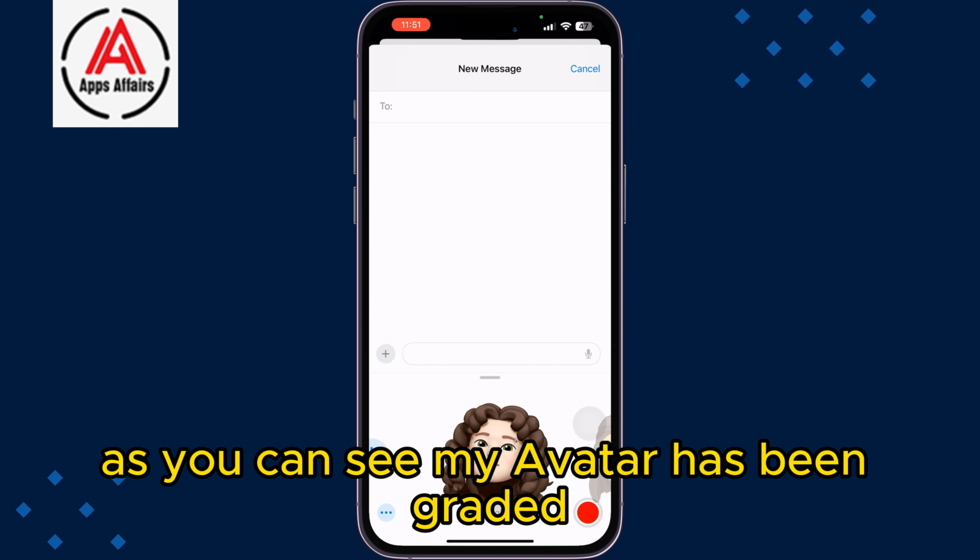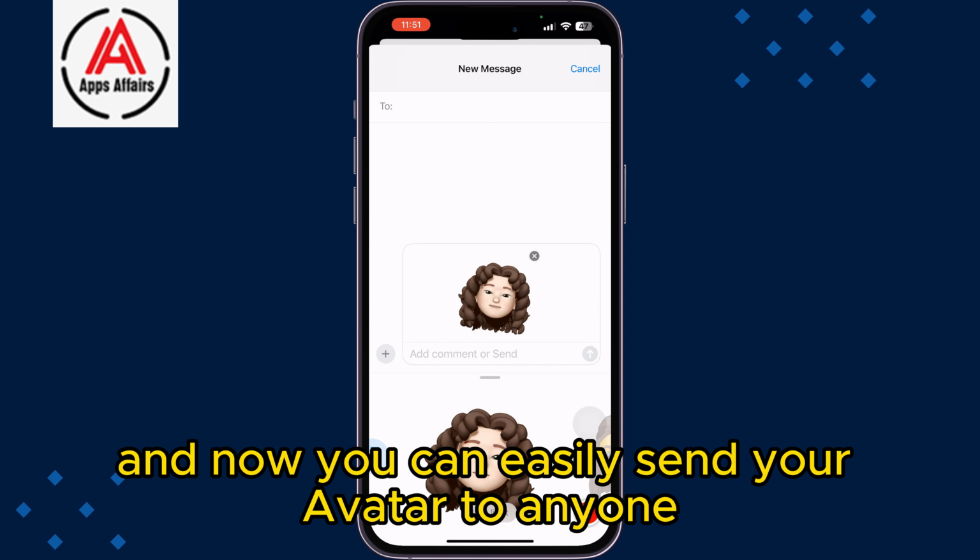As you can see, my avatar has been created and now you can easily send your avatar to anyone using